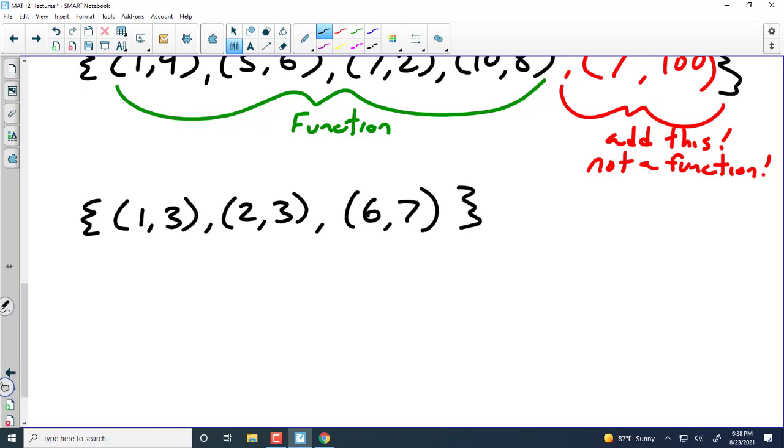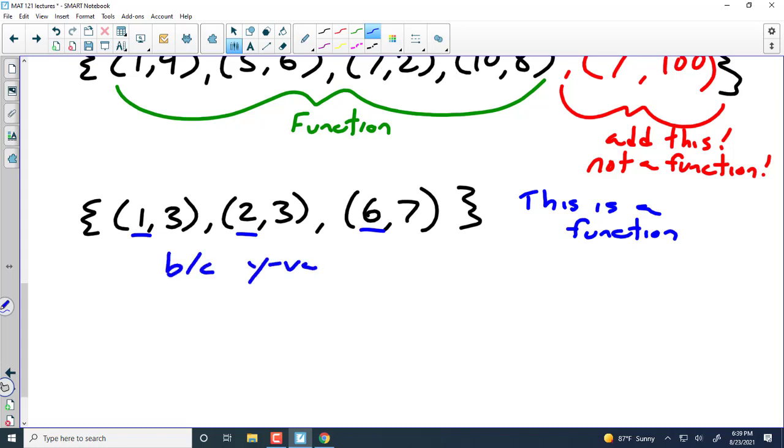And then I ask people, is this a function or not? And a lot of people who are just learning this for the first time think that this might not be a function. Why would someone think this might not be a function? Two 3s. Yeah, they see the two 3s and they're like, Steve, you're repeating a 3. But then we need to remember that it's not a function if the x values repeat. So it turns out the x values 1, 2, and 6 don't repeat. So, this is a function